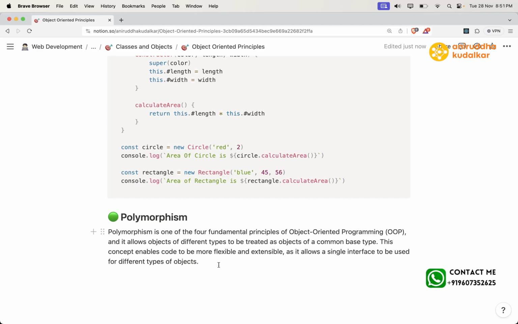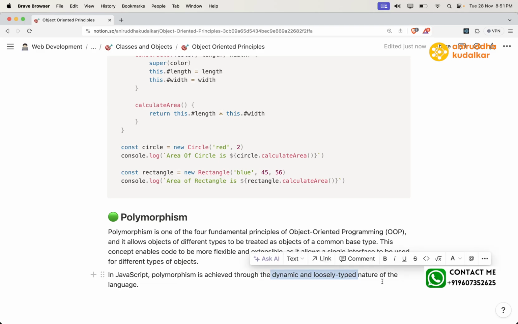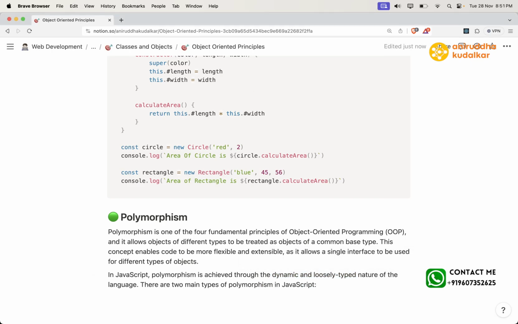Now, in JavaScript, polymorphism is achieved through the dynamic and loosely typed nature of the language. There are two main types of polymorphism in JavaScript: compile time polymorphism